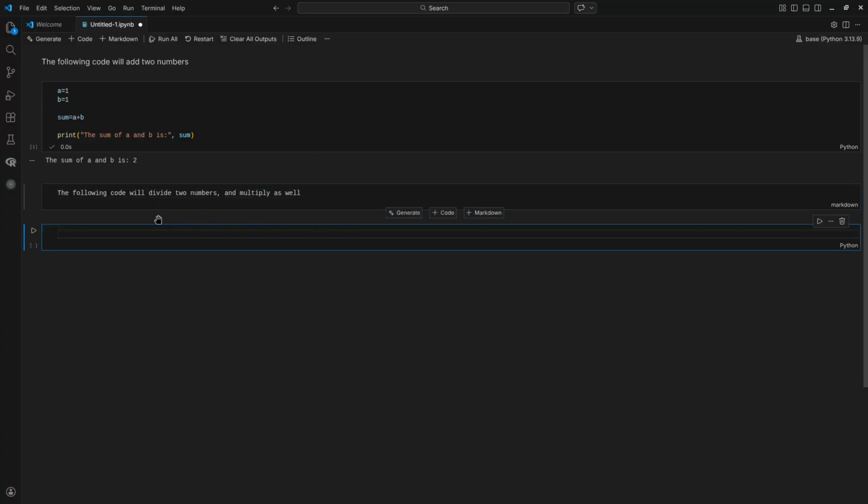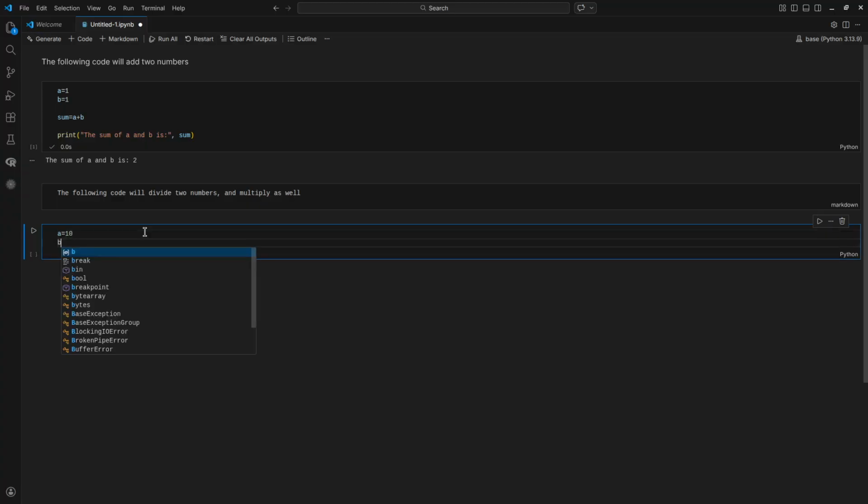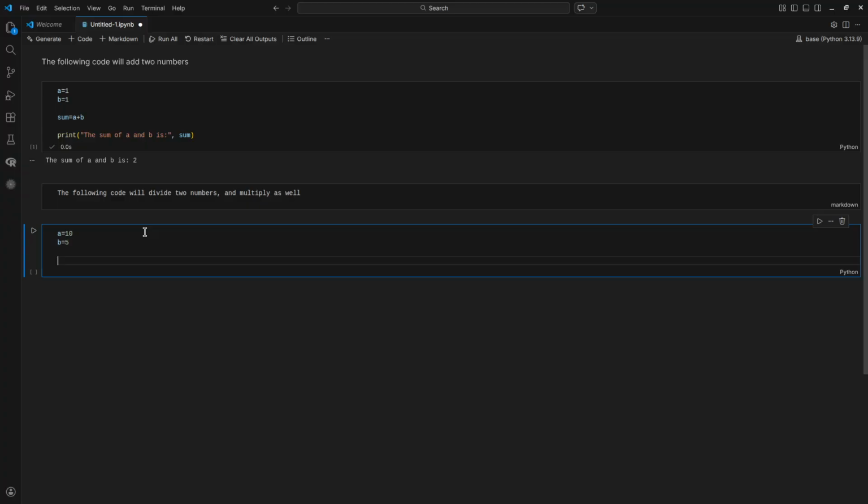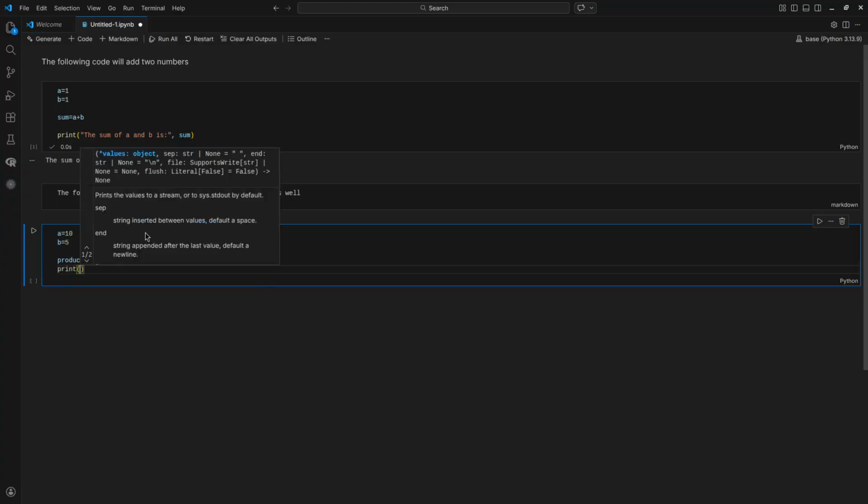So we open a new code snippet. Here we have A equals 10, B equals 5. So we do product equals A times 5. So print